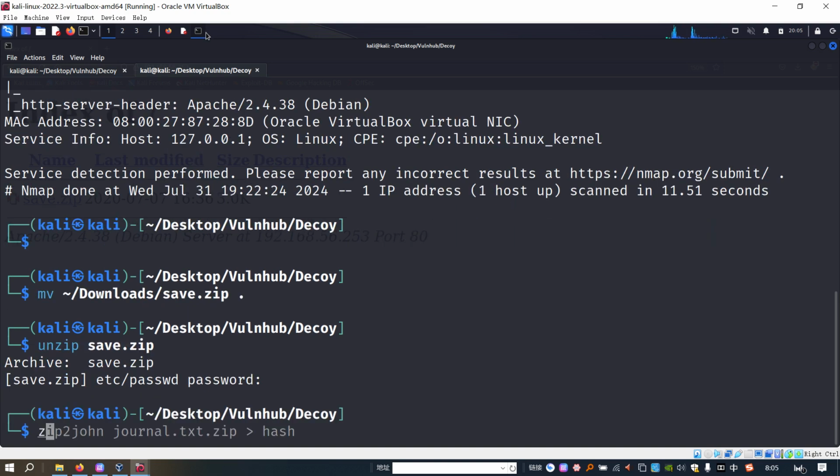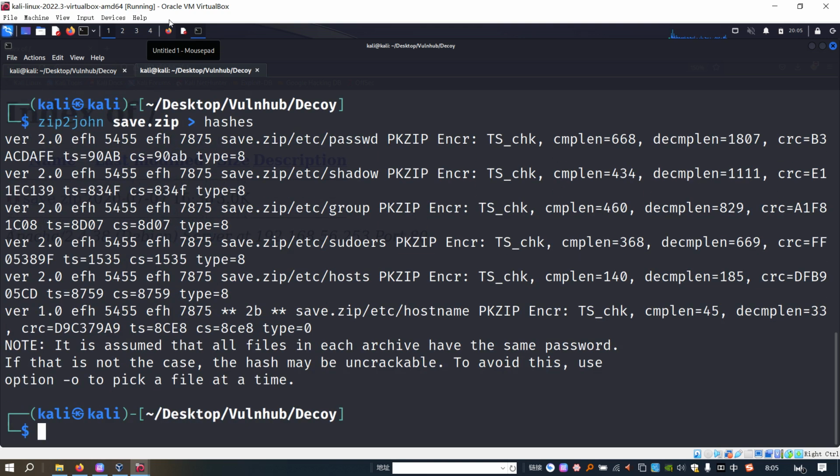So what to do? We can use zip2john to convert this. Oh, sorry, not zip to john. We can save it to a file like hashes, and then we can use John the Ripper, and use the default wordlist rockyou.